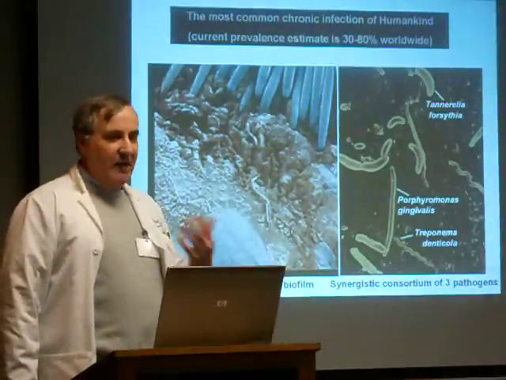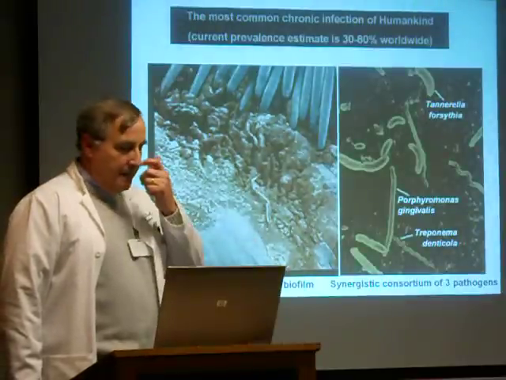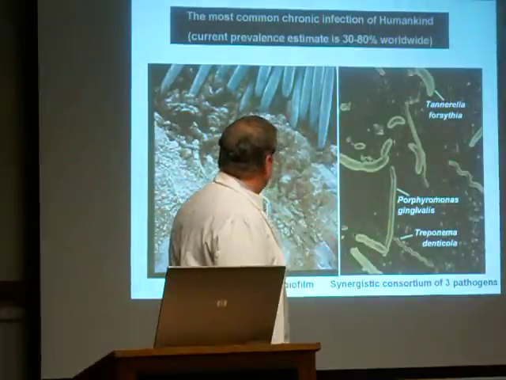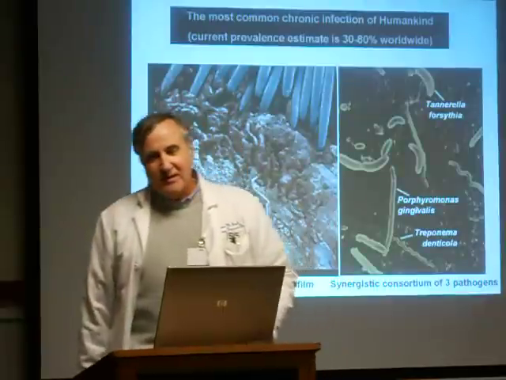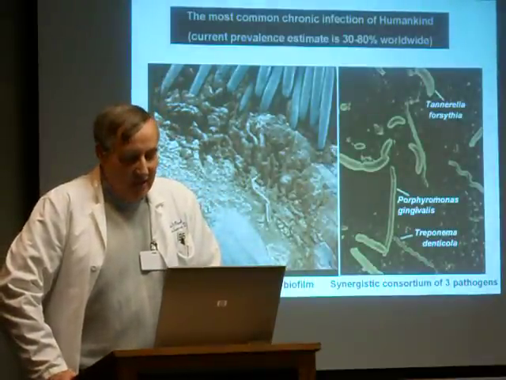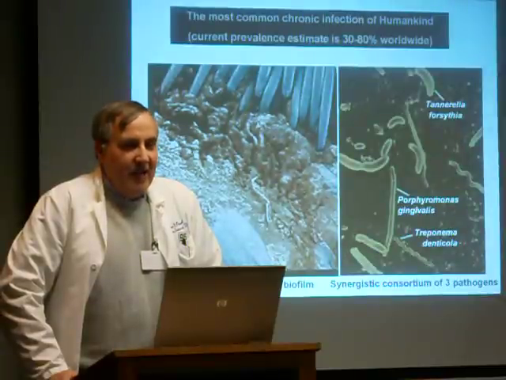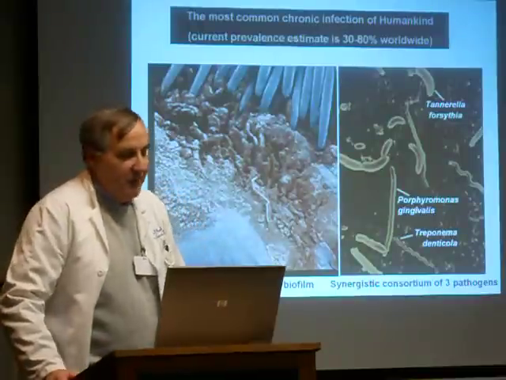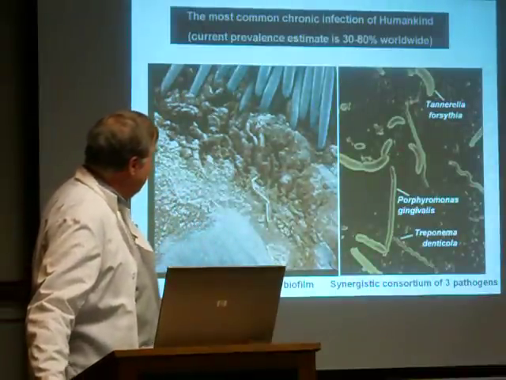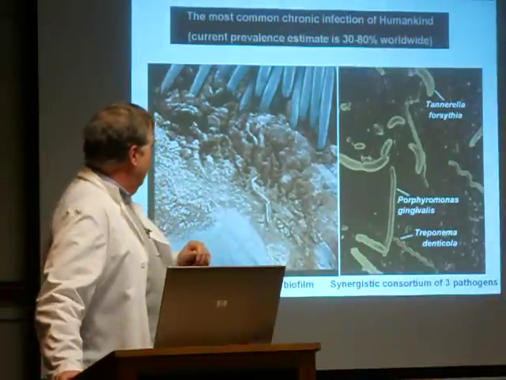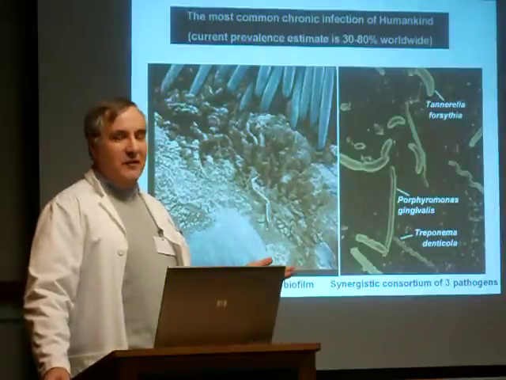Because periodontal disease, chronic inflammation, is not good for you. And it's very common. So here's a guy with his toothbrush trying to get all that plaque off his teeth, and that's a good thing. A lot of people study this disease because, of course, it's why we have dentistry, and perhaps we could do something about it. And it's been shown that it's actually a disease that requires at least 3 organisms to cause periodontitis. You have to have Tannerella forsythia, Porphyromonas gingivalis, and Treponema denticola. If you have the 3 of them together,